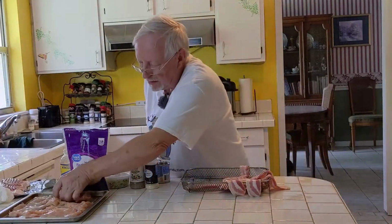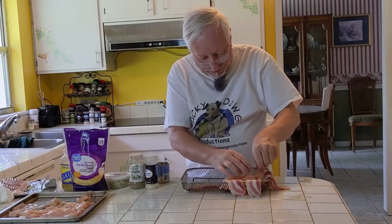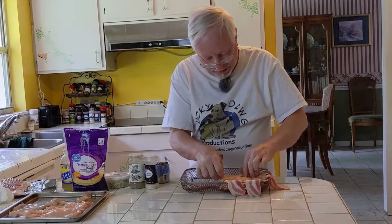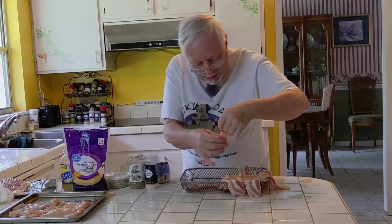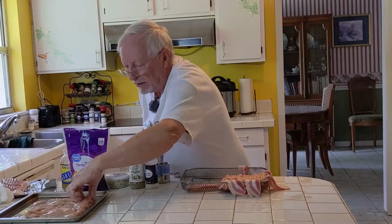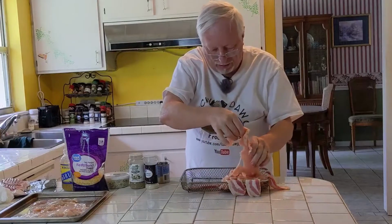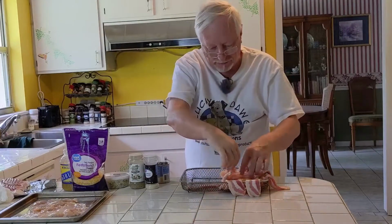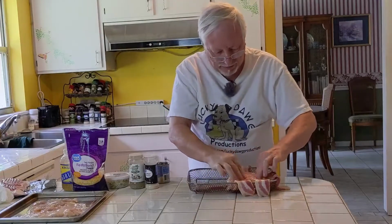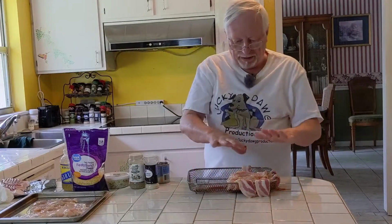So what we're going to do next is we've took this chicken and we've pounded it. We've taken our little meat tenderizer thing and we've pounded it out. And so we're going to take just about half of what we have here, and we're going to lay that out here. And we're going to try to make 2 separate, I want to call them little packages of the chicken. And so what I've done here is took about half of it and I spread it all over that bacon,